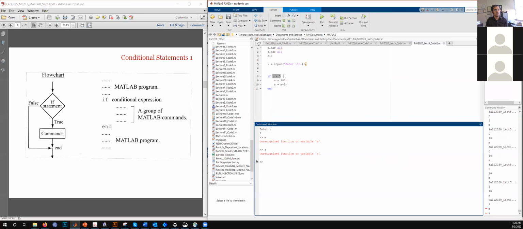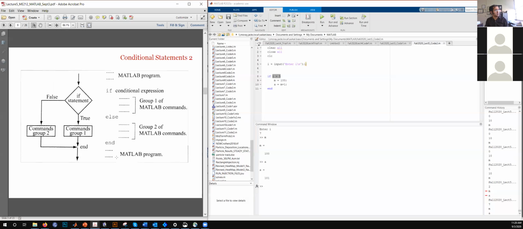It doesn't know what M is because it never managed to go to those lines where M was assigned. And it should not know A either because it did not go to those lines. But on the other hand, let's run this again. If we type something greater than 5, say 7, then it knows what M is, because now this condition being true, MATLAB's control went to these lines and assigned 100 to M, and then went to the next line as well, and A is 101, as per these calculations that I have asked MATLAB to do if this condition is met. So this is the simplest structure of if, and I hope it is easy enough to understand.